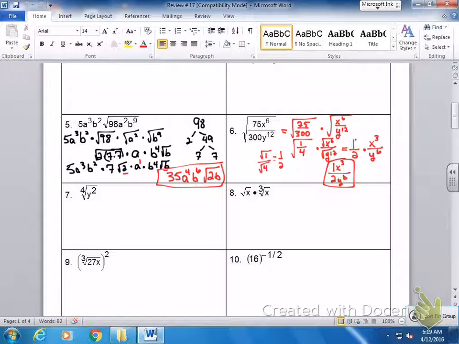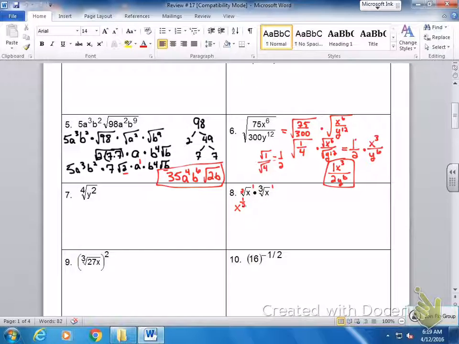We're going to skip number 7. We're going to go to number 8. 8 is a really easy problem if you just remember how to rearrange your radicals. Remember, if there's no number right here, there's technically a 2. There's no number out there, it's a 1. So what we need to do is take our x out of our radical, and then it's going to be